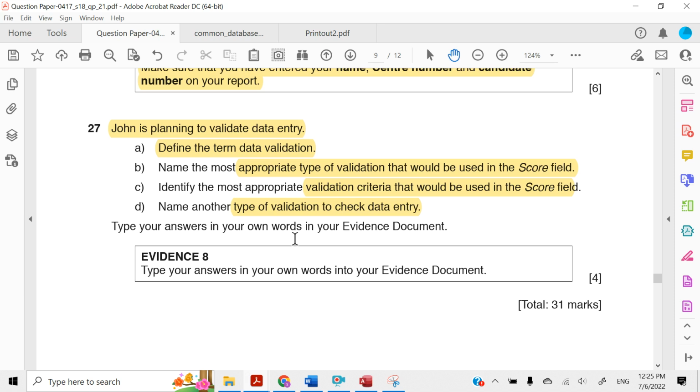Character validation, character length validation, presence validation, to make sure that